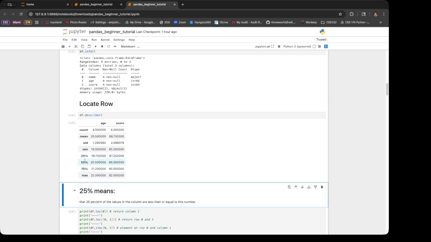This 25%, 50%, 75%. For example, this 25% means that 25% of all the values are less than or equal to this number. So it basically gives you a rough idea of how the numbers are in this column. Depending on the situation, it could be good information in case we want to know how scattered our data